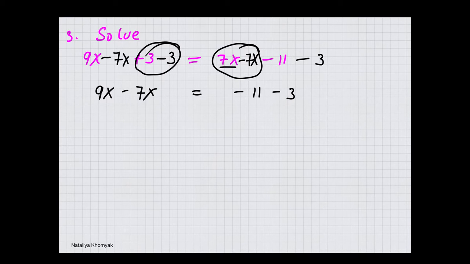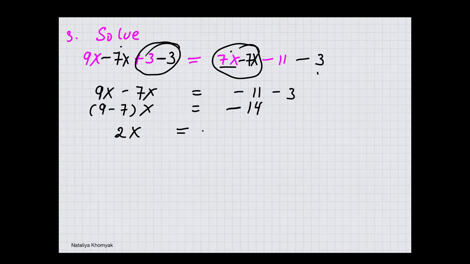The faster way of doing this is, if you notice that 3 was positive on one side of the equal sign, if you move it across the equal sign, it becomes negative. 7x was positive, and once you moved it across the equal sign, it became a negative. Let's simplify each side. This becomes 9 minus 7 of x equals, same sign, we look for the sum of negative 11 and negative 3, and it will be negative 14. 9 minus 7, we have 2x